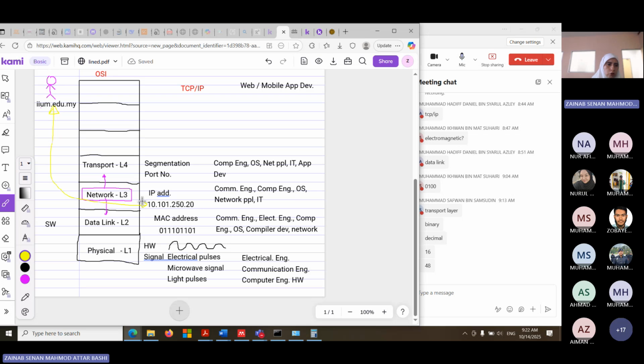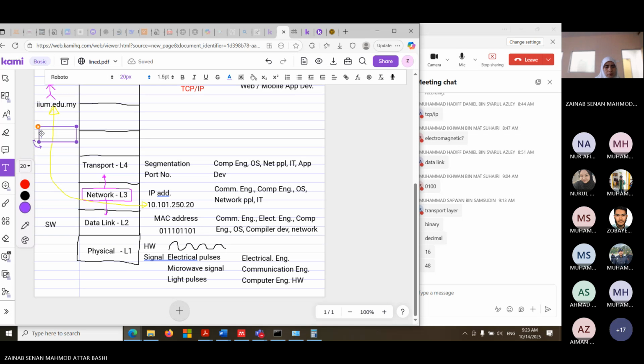Anyone can tell me what is the protocol to use to change from IP address to a domain name? What's the name of that protocol? You studied it in computer networking previously. It is an application layer protocol, and it's changing IP address to URL domain name. What's the name of that one? It's called DNS, domain name service.